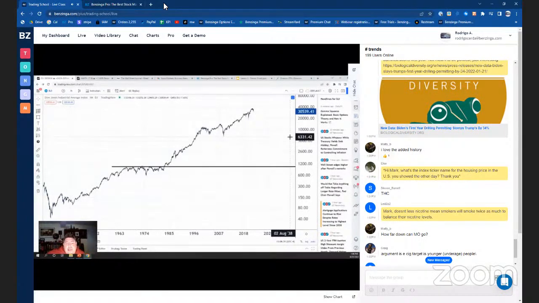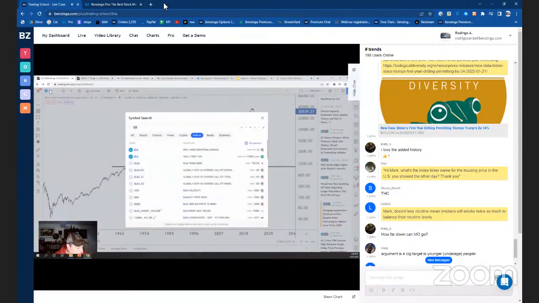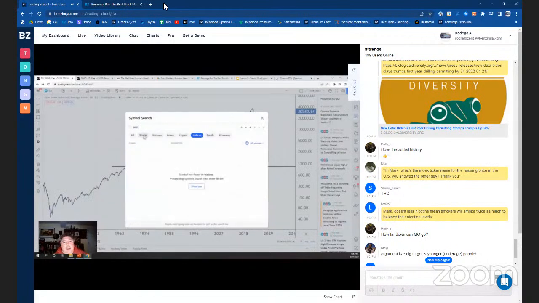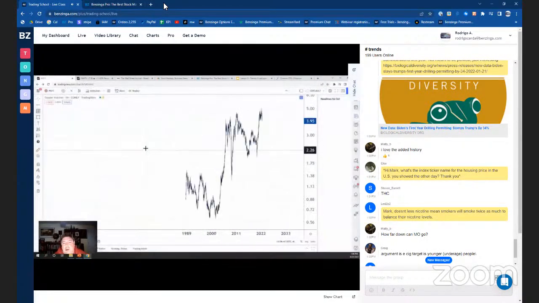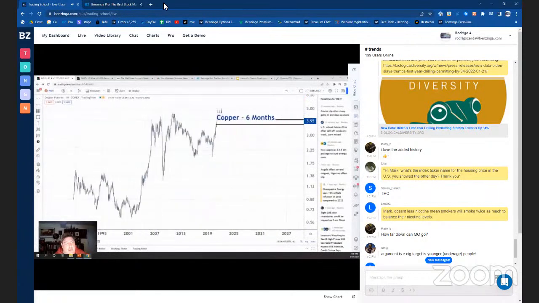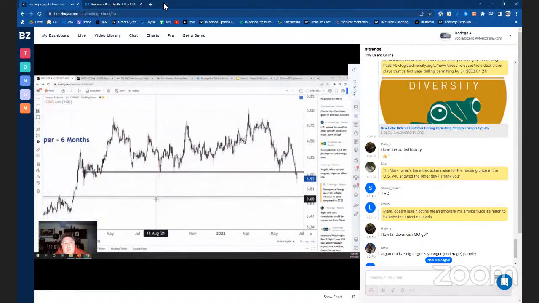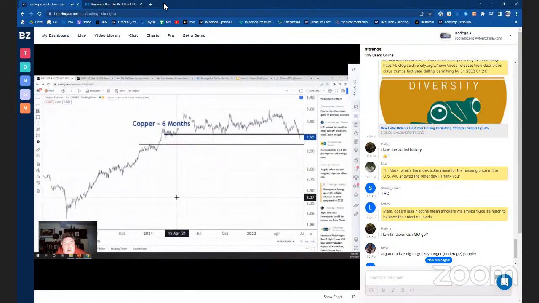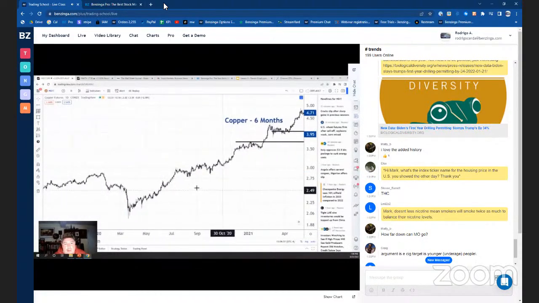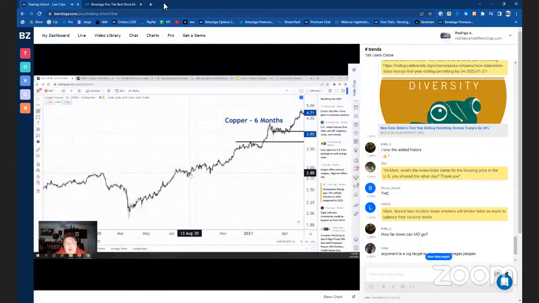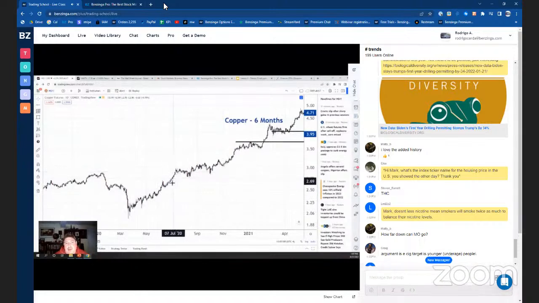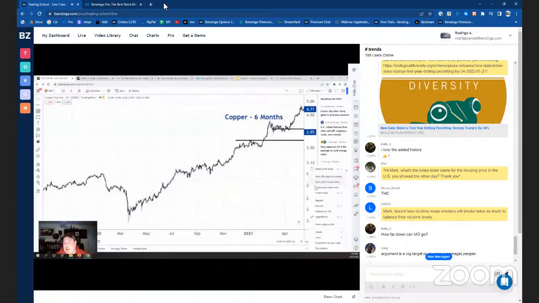Because as you guys know, when you see in some of these presentations that I show you guys, I first started writing about inflation back in August of 2020. And the reason why was because I saw this big move higher in copper, right? So I think the date of that article that we have is it August 20th? So right here, I was writing about inflation. I mean, copper had gone from 2 to 289. That's a huge move, and this is a really good indicator of the economy.